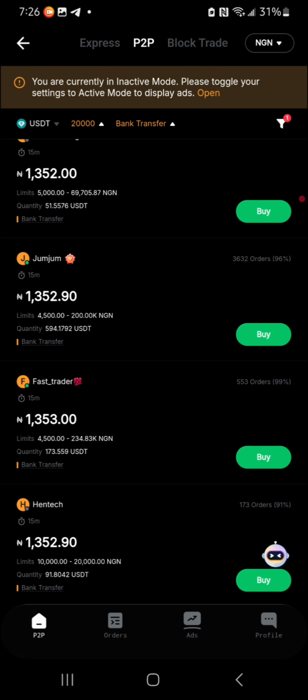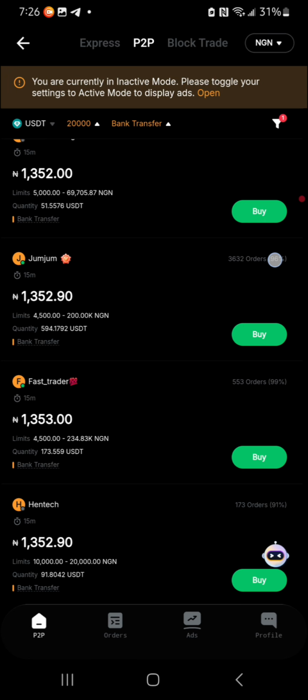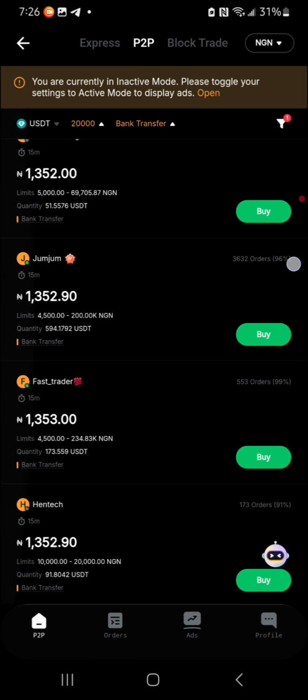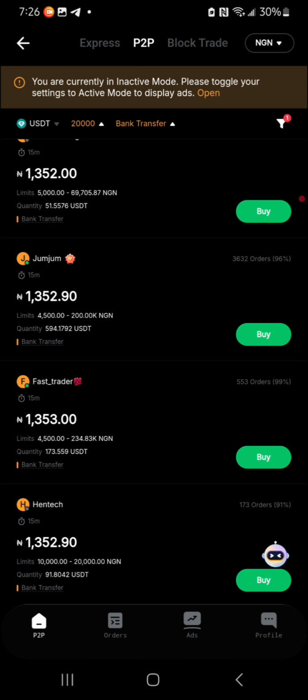Make sure you're buying from people that have a very good rating. I do not trade with people below 90 rating, because I want to trade with people that are competent, matter of fact. So if I want to trade with this guy called Jom, I can just click on buy,